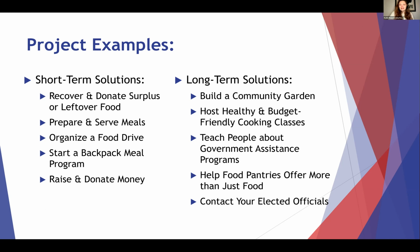The other long-term solutions include hosting a healthy and budget-friendly cooking class. We know that if you teach people the skills, they're able to continue those skills and pass those same skills on to others. We can also do things along the lines of teaching people about government assistance programs, programs like SNAP and WIC, and thinking about how people can apply for those programs, how people can use the assistance of those programs to be able to sustain their families for a month, as it's typically a month by month